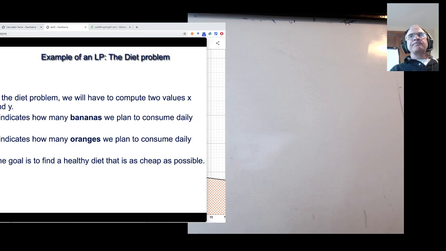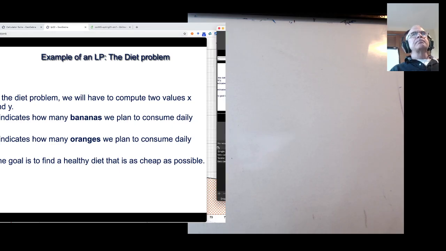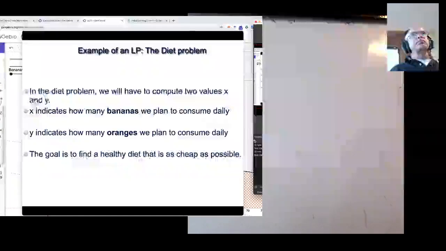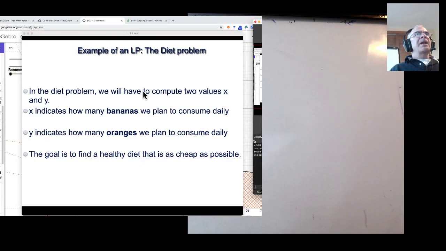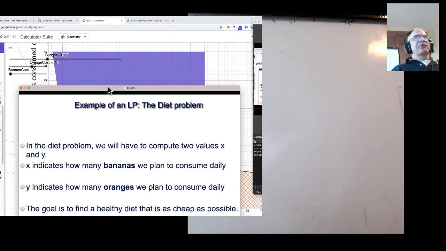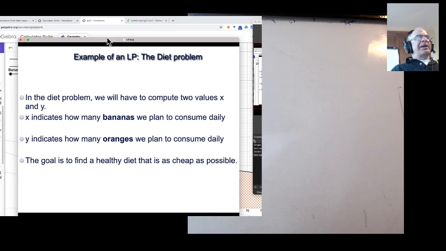So we will have the cost x as the cost of a banana. We will have y as,